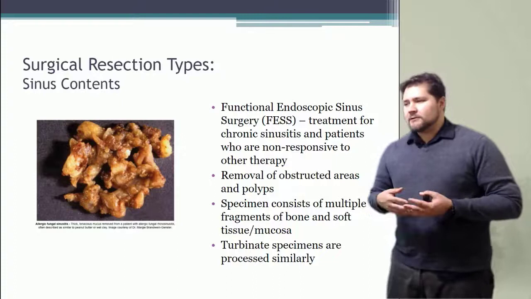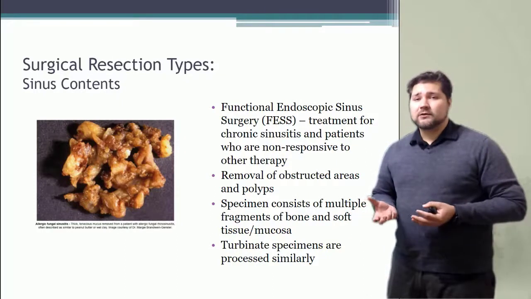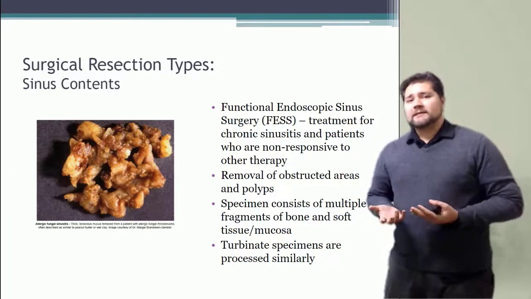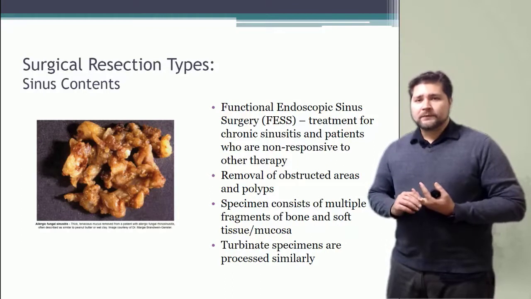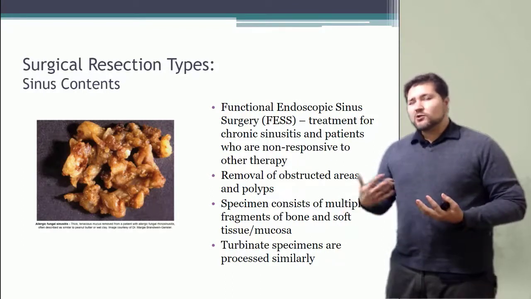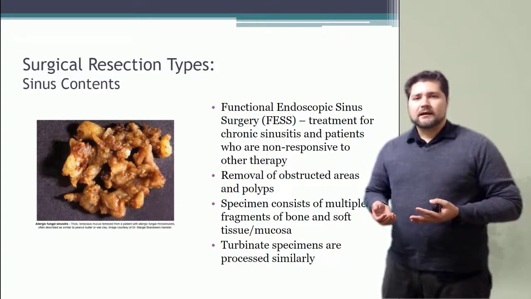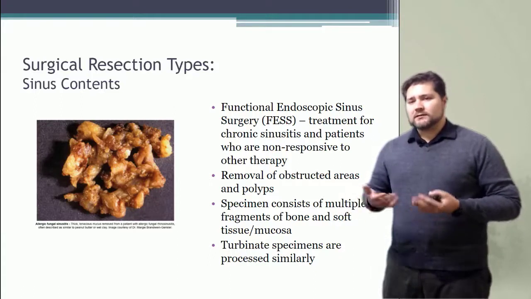So what we see in the image here is pretty much what you'll expect as a specimen. There's just going to be an aggregate of tissue. So what you can do is measure the aggregate in 3 dimensions, describe the type of specimens that you have, if it's bone, cartilage, or soft tissue, and then you're going to submit sections. And usually you're going to decal all of the specimens because they're going to have bony tissue attached. But if you can, try to get 1 cassette of soft tissue